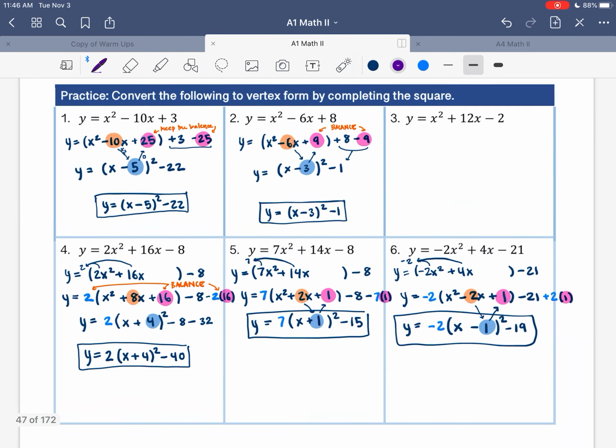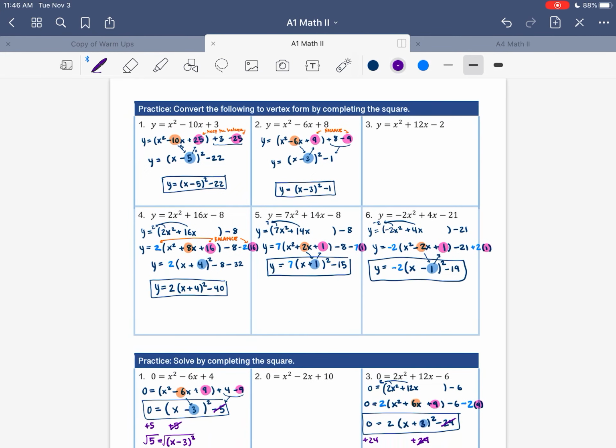Okay, so that's 3-4. We have one more method to learn for finding the x-intercepts of a quadratic before we're ready for our test. So let me know if you need help. Remember that there's study sessions on Friday